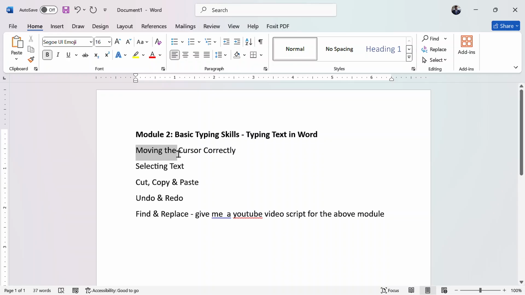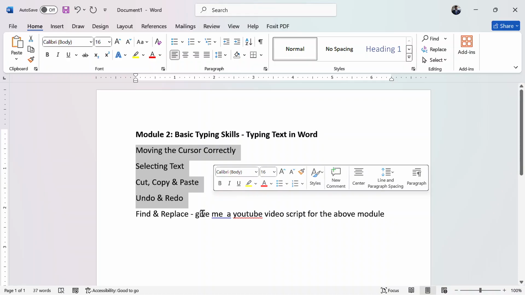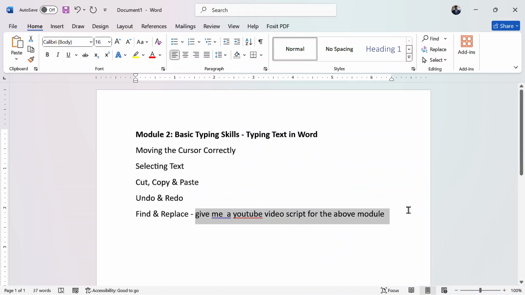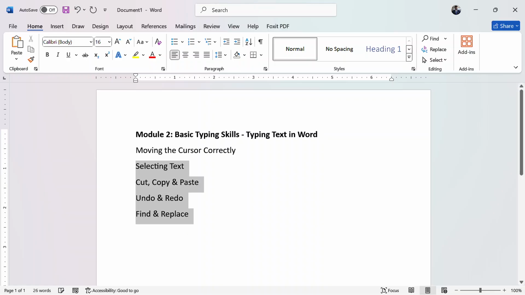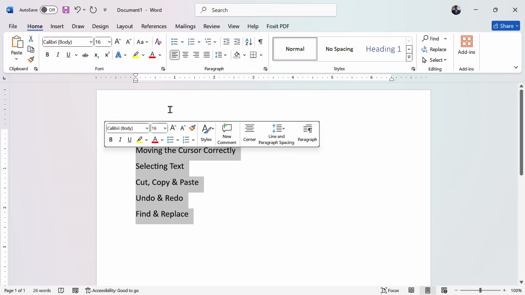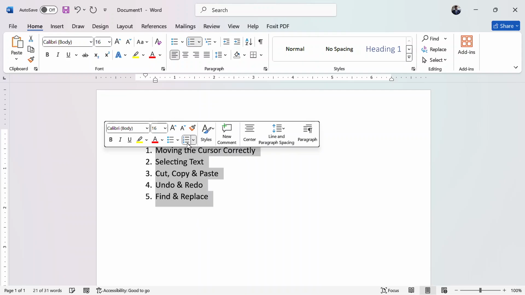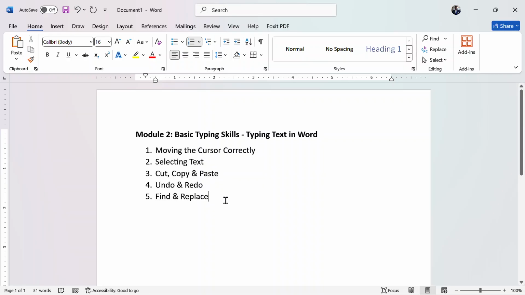We are going to be looking at moving the cursor correctly, selecting, undo and redo, find and replace. So these are some of the things we're going to talk about, and at the end of this class we need to be free with how we can do these things.